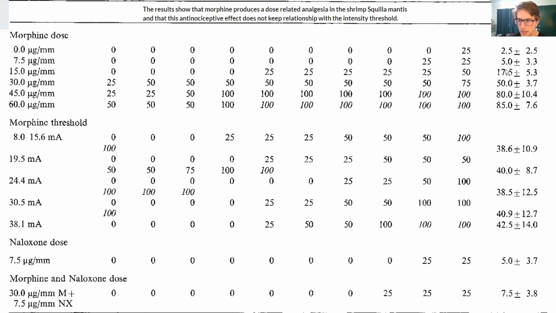We have our mean and standard error of how long it took for them to respond quicker than or equal to 0.22 seconds. More animals, each row represents an individual animal. And we see with naloxone